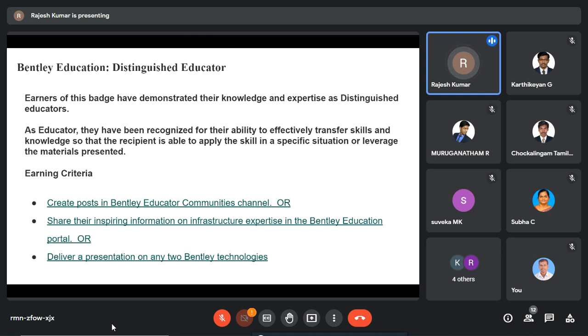As an educator, they have been recognized for their ability to effectively transfer skills and knowledge so that the recipient is able to apply the skill in a specific situation or leverage the materials presented.